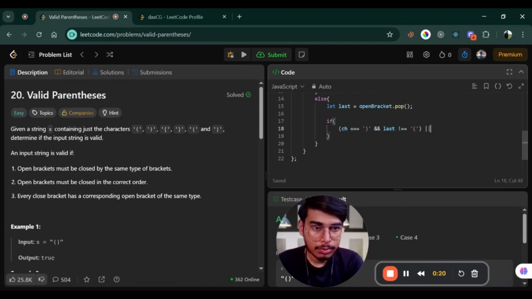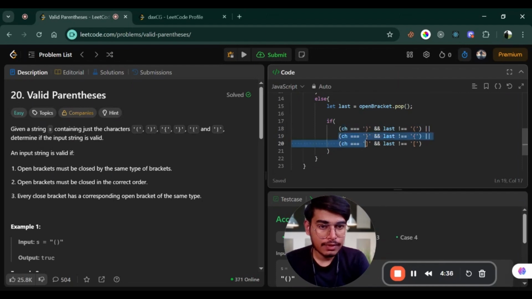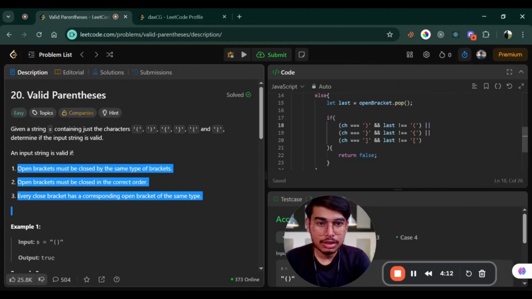I'll just copy. So here you can see we use square brackets. You can see this is the OR operator and AND operator. If this is true, and if any one of these three is correct, it should go for the if condition and return, else. So here you clearly see this is against the rules given here. So if any of this follows, it returns